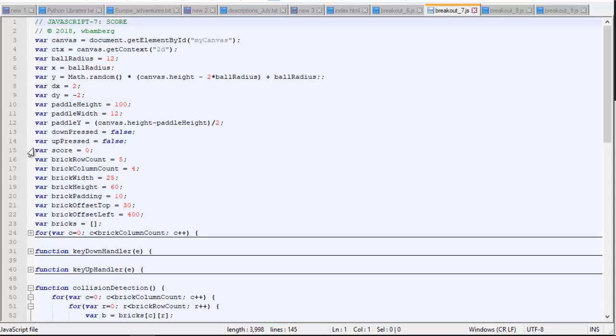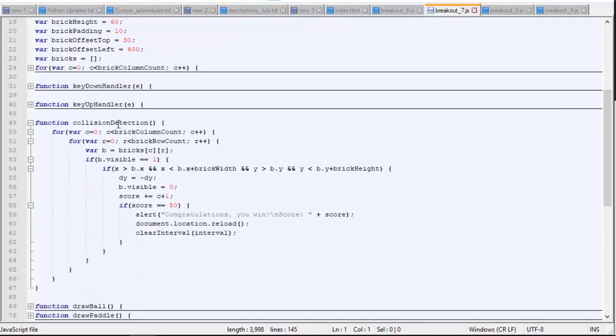Next, we're going to add a score to our game so that we can count how many bricks we pop. So what we're going to do is add a variable called score. By the way, I'm on breakout7.js now. So we're going to add a variable called score, set that equal to 0 initially. And then down here where we detect our collision, every time the ball bounces off a brick, we're going to